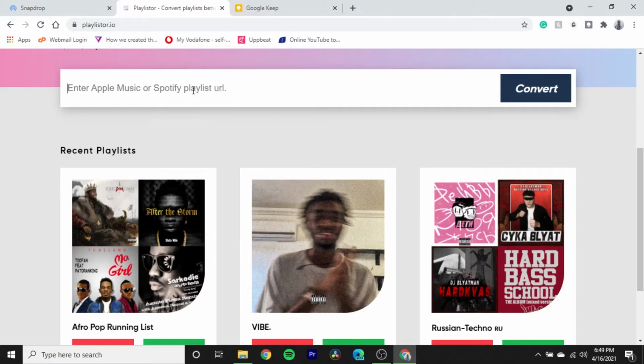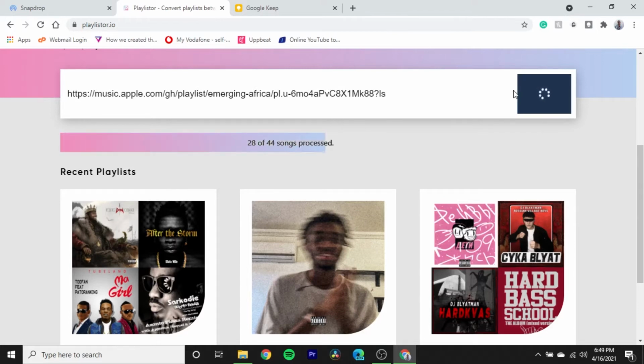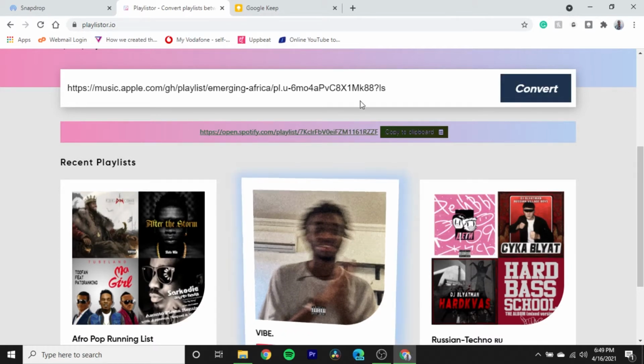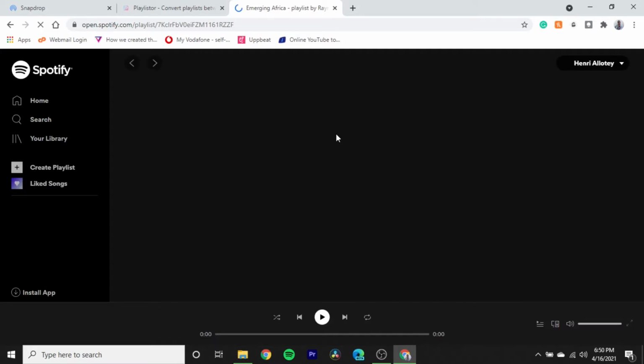So I just come to Playlist.io, paste the share link to that playlist, and I click on convert. Within a few minutes, like you see, it's processing it. So within a few minutes, it's going to give me a Spotify link that I can copy to clipboard and then easily visit that link. And it's a playlist in Spotify with the pictures and all the artists, songs and everything in Spotify,